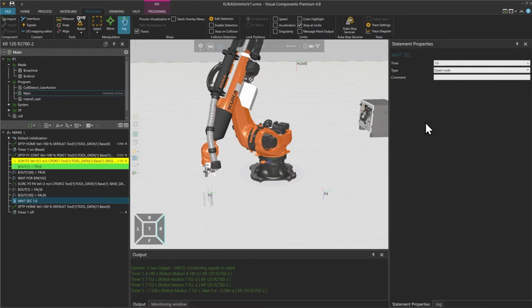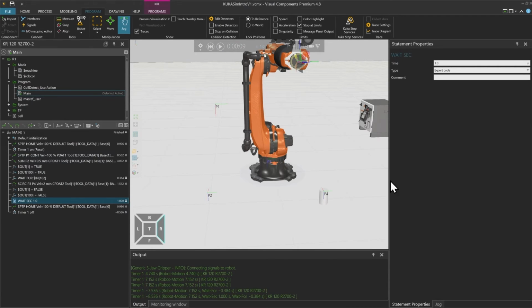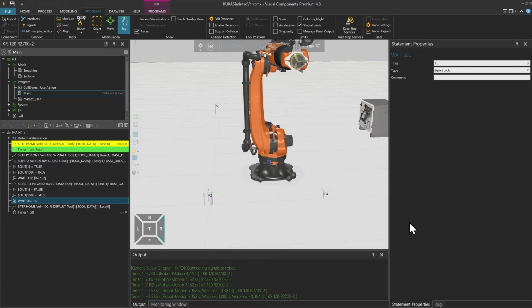That if I now go down, this is already known. We will grasp our part and bring it to 0.4. And now we have 3 pieces of information in our little timer. So we have the robot motion from the RCS module, which will always be the same. We have the wait sec, which is also always the same, but this wait for signal is dependent on the performance of your computer. And it's dependent on the speed of the simulation. So at the moment, we're running it x1, but if you make it faster, maybe to 5, this wait for might vary.